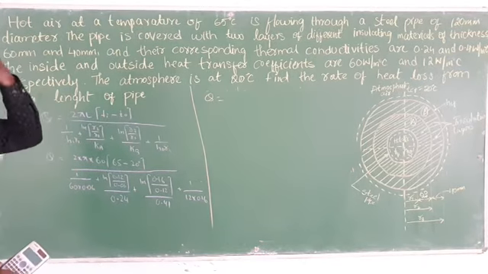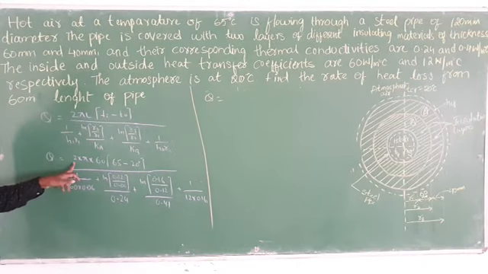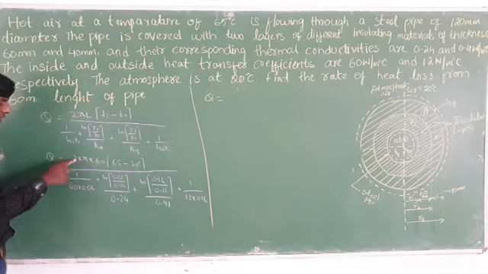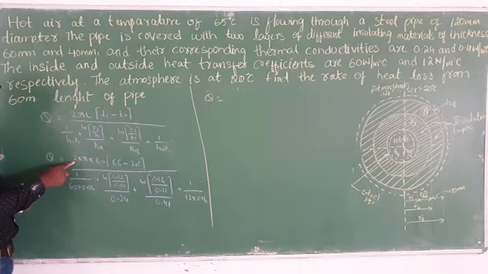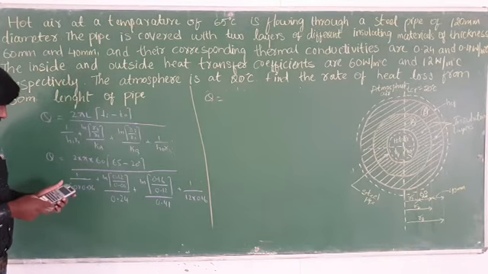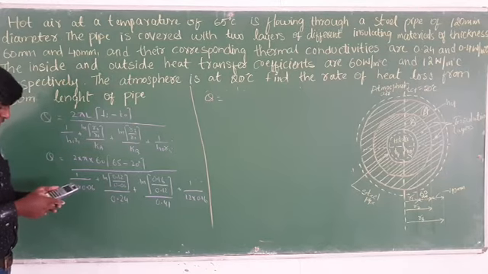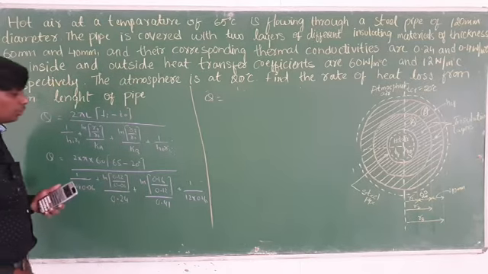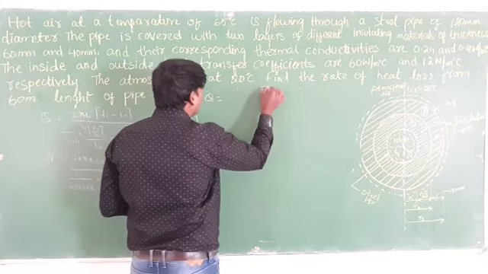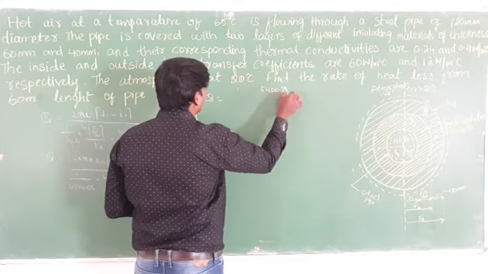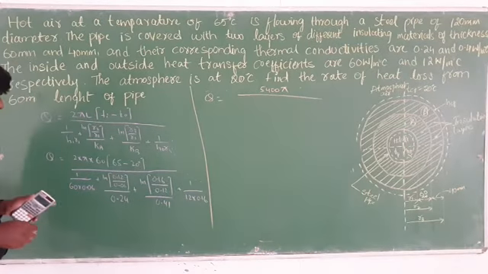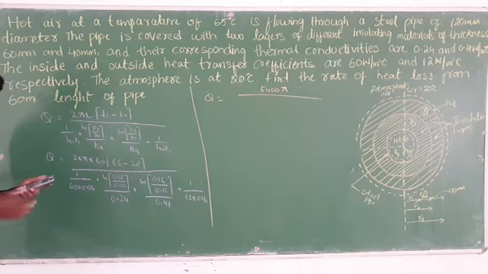After that, what you have to do? You have to solve. Q is equal to 2 into pi, 120 pi. You can write this as 120 pi, since 60 into 2 is 120, 120 into pi. So you have to multiply this 120 pi by the temperature difference, 65 minus 20, and you will get the answer 5400 pi. Here the answer is 5400 pi.